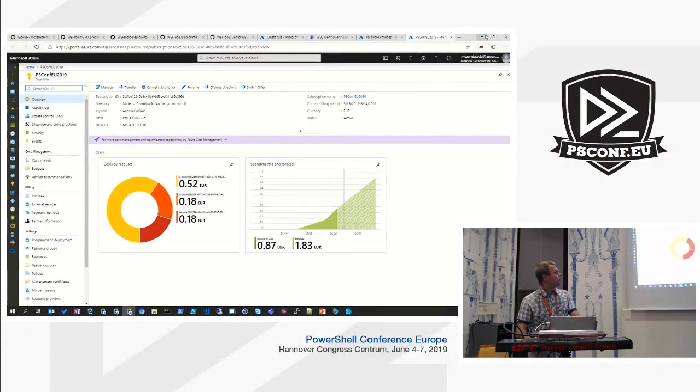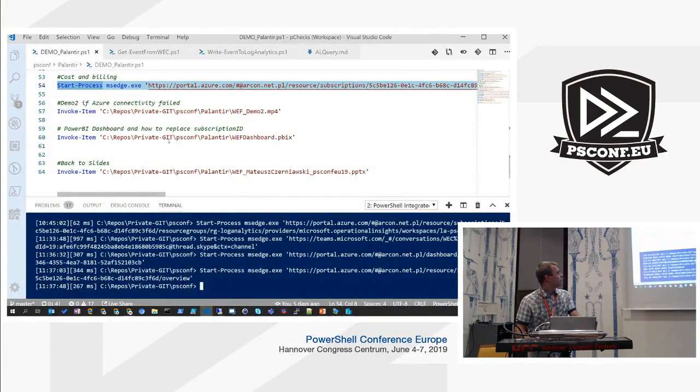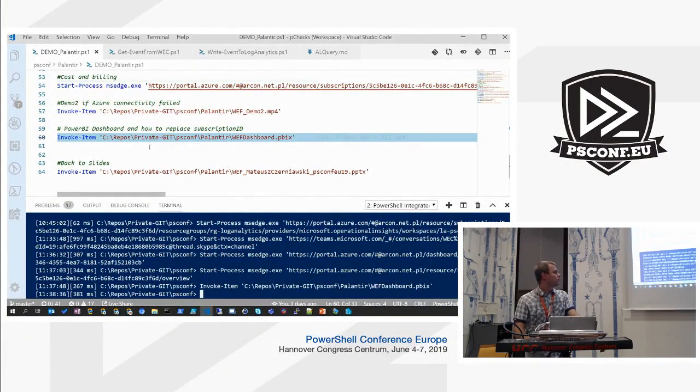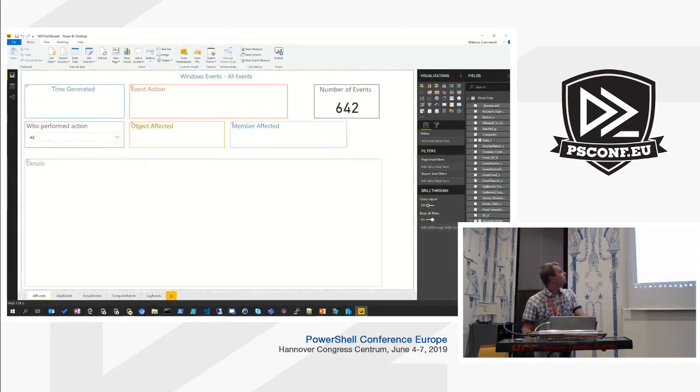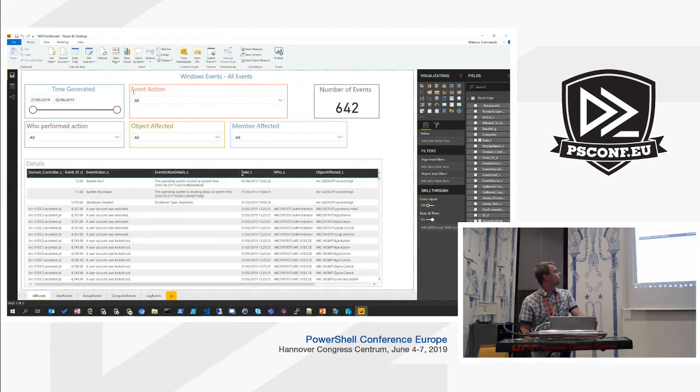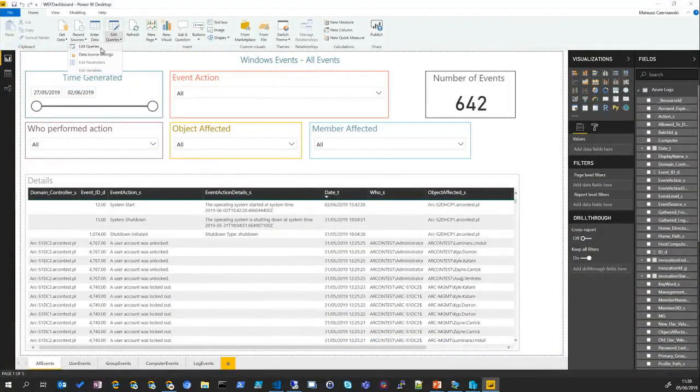But that's not all. Let's get something better. I've created a dashboard in Power BI, as I promised, because your average support, your average admin team does not have time or effort to learn the query language to be effective in searching, in threat hunting, or in getting events. So there's the dashboard created. On the GitHub repo, you will find the information on how to inject your own workspace. Basically, edit queries, and once you have the workspace,